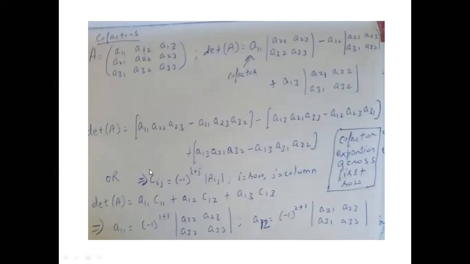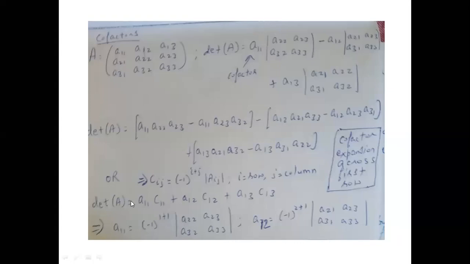From here, we can see very easily a thumb rule: if I want to find the cofactor or any value using the cofactor, you have minus 1 raised to i plus j, where i indicates the row we are dealing with, j indicates the column we are dealing with, and aij will be the determinant. That means a of which row, which column. We'll look at this using a problem later on. It will be much clearer to you.